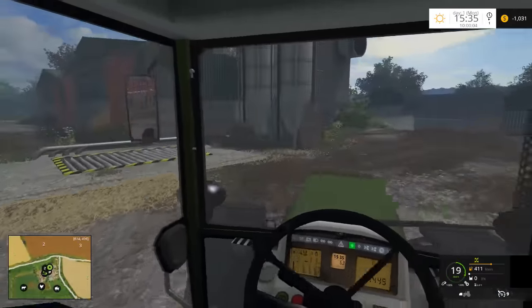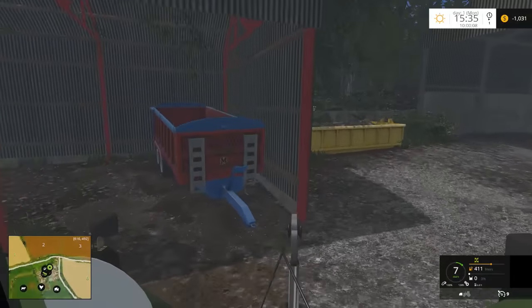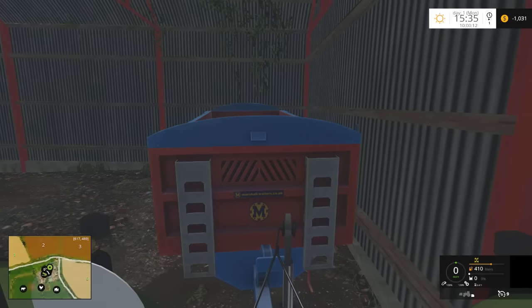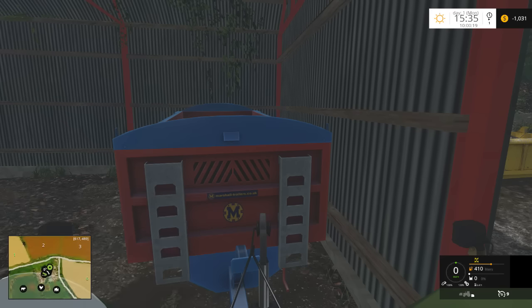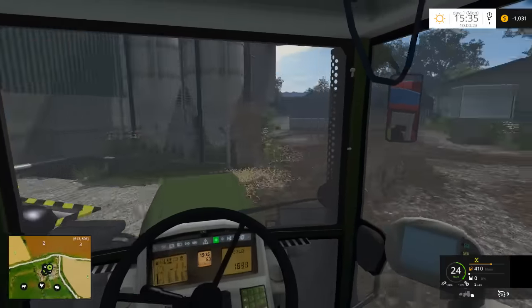First off, let's just get lined up to our trailer here. There we go. And let's check to see what our stores are like. We should have quite a bit, actually. Yeah, we have 219,000 liters of barley. So let's come underneath here, which is...